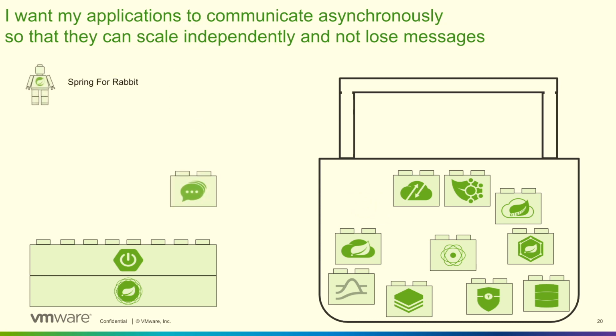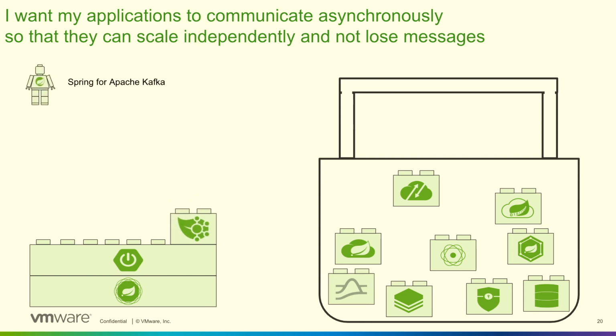Whether you're using Rabbit or what we call AMQP, you can pull in Spring for RabbitMQ. When it's time for Kafka, you can use Spring for Apache Kafka. So if you're using Kafka Streams, again, you have that special feature that allows you to simplify access to that. And introducing this year, we have Spring for Pulsar. So no matter what framework you're using or trying to consume or produce messages to, Spring can assist you with that.